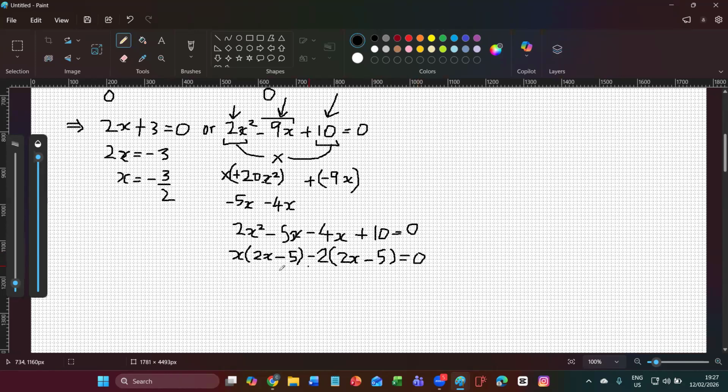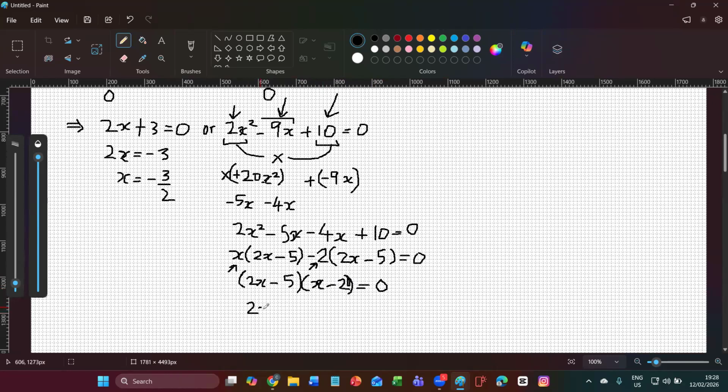Yes, sir. Because they look exactly alike, I can simply factorize them again. I can factorize them to look like this. 2x minus 5 is common, leaving me with x and minus 2 in the next bracket. x minus 2. So here we go. All this is equal to what? 0. So that means